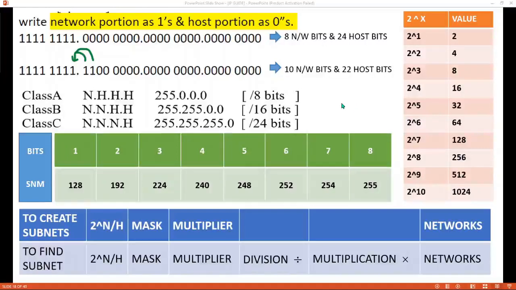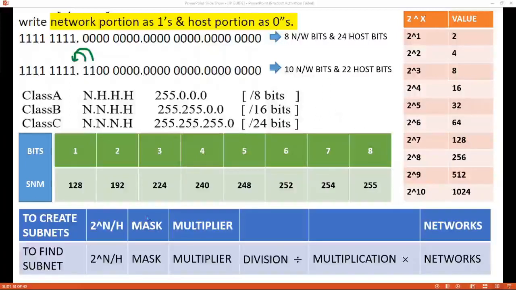The +2 occurs because of the network address and the broadcast address. So they will specify the host requirement only. For example, if they say 80 hosts they need, then in your subnet you need a network address and a broadcast address for that 80 IP addresses. So altogether you must need 82 IP addresses in the particular subnet.